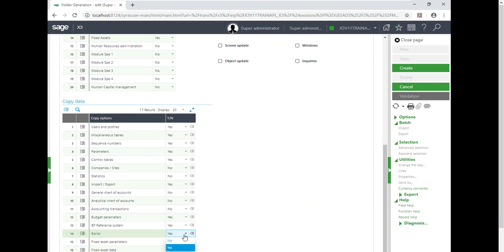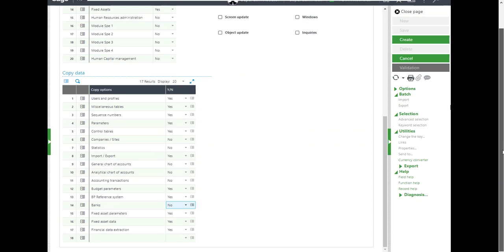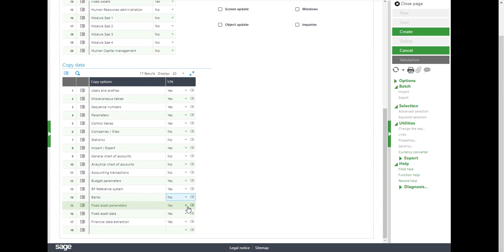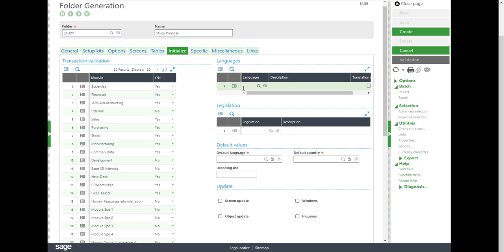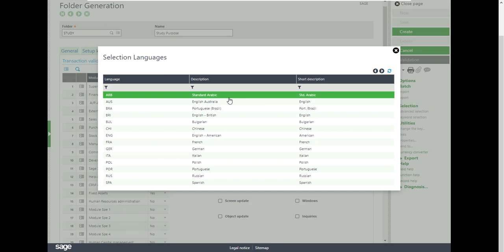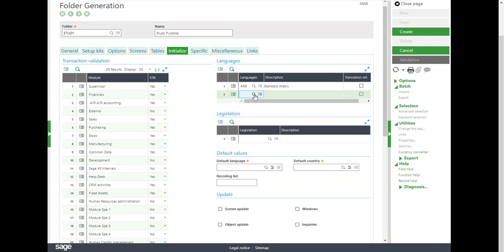Then bank, I don't need, because I will have my own bank for my transactions. Then fixed asset parameters I need by default, whatever is there in the system. Then fixed asset data, no. Financial data extraction, no. Here at the language level, I need two languages. One is standard Arabic, and another one I need